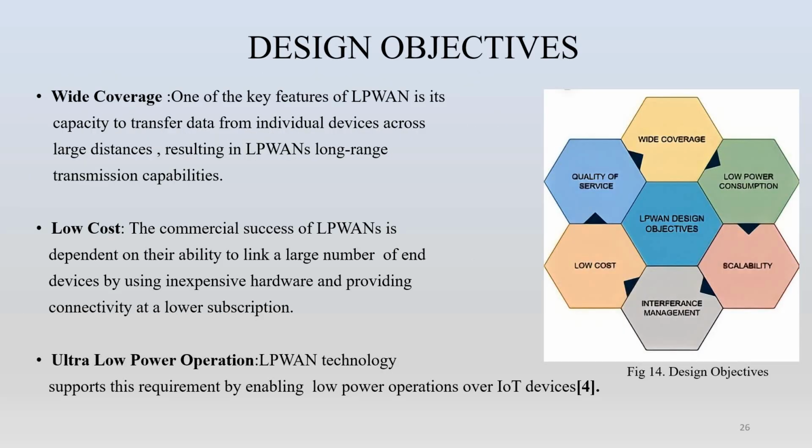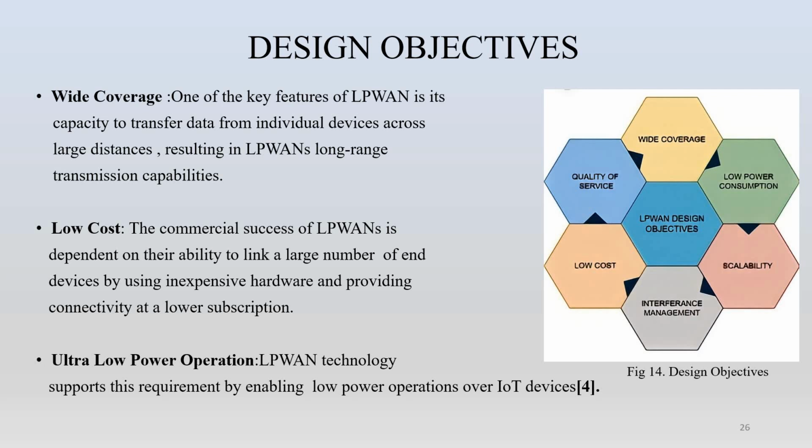And coming to the next part, the design objectives. There are a few design objectives. The first one is wide coverage. One of the key features of LPWAN is its capacity to transfer data from individual devices across large distances, resulting in LPWAN's long-range transmission capabilities. The other one is low cost, which we have discussed in many slides. The commercial success of LPWANs depends on the ability to link a number of end devices by using inexpensive hardware and providing connectivity